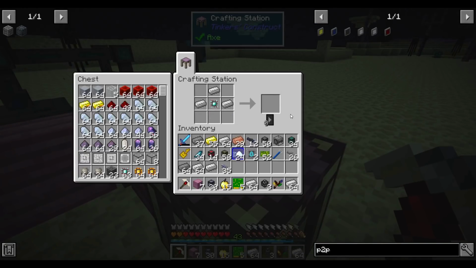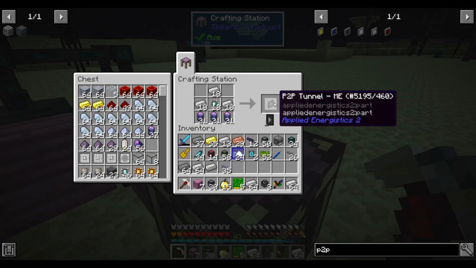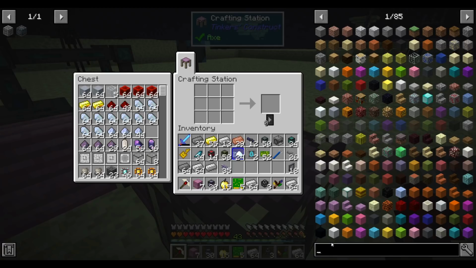But anyways, P2P tunnels. When possible, I prefer to use the pures just because each regular flux makes 2 pures. 18 seems like a reasonable starting number. We need some... Let's see. We need a storage drive, so...